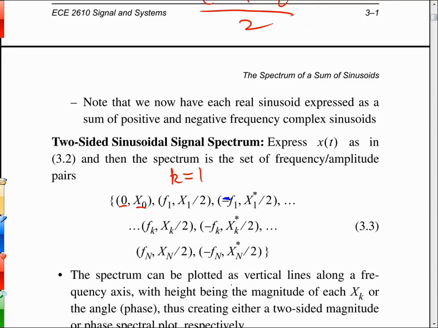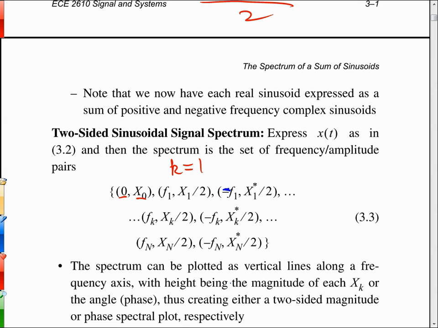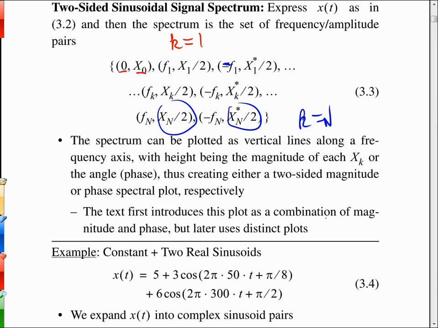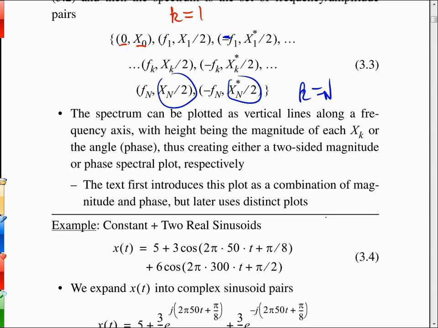And then so on, going down through the list of all the possible values of k until we get up to x of n, till k gets up to n. Then we have the final pairing. We have f n with amplitude x n over 2, and at minus f n we have an amplitude of x n conjugate over 2. So we use all of these pairings in here